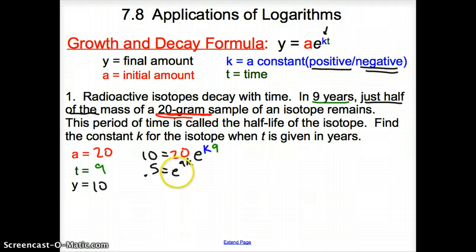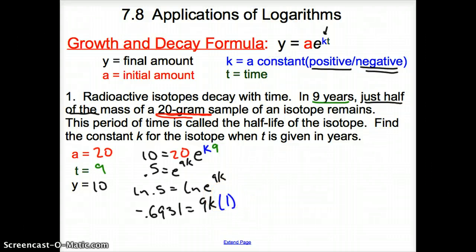Now, how do we deal with this e here? We have to take the natural log of both sides. So we take the natural log of both sides, and so the natural log of 0.5 is negative 0.6931. And that gives me, I bring the k down because of the power property. The natural log of e, please remember, turns into 1. So I'm going to simplify some more here. I'm going to rewrite it as negative 0.6931 equals